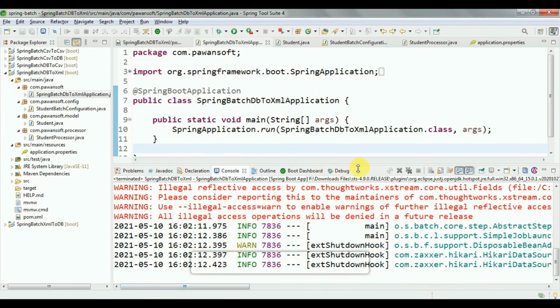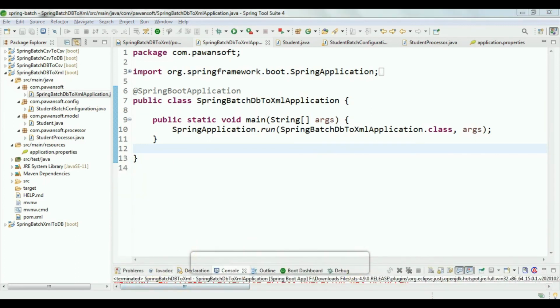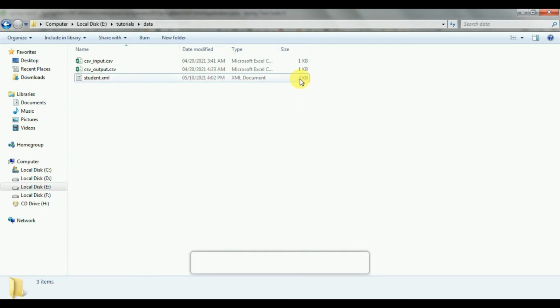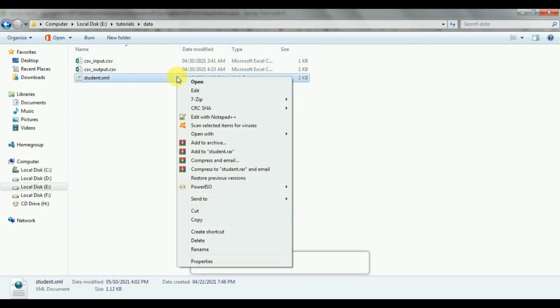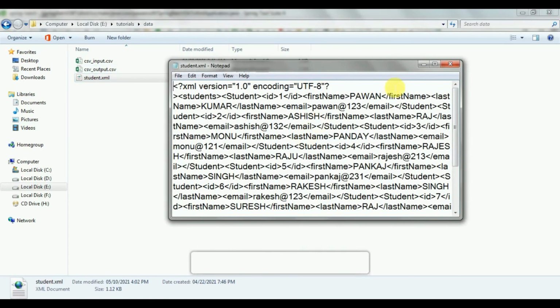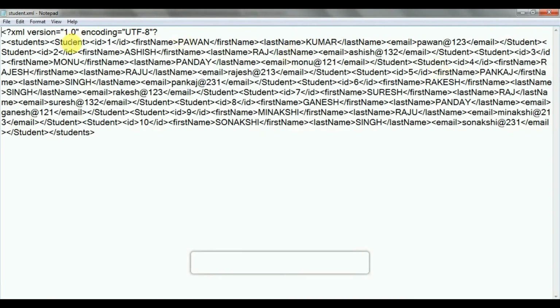So let's go to the XML file. So now we have 2 KB. So let's see the file. Let's see, this is the first name converted to uppercase, and this is the last name also converted to uppercase. So I was able to read the data from the database, and the same data I am able to write in XML format in an XML file. Correct?